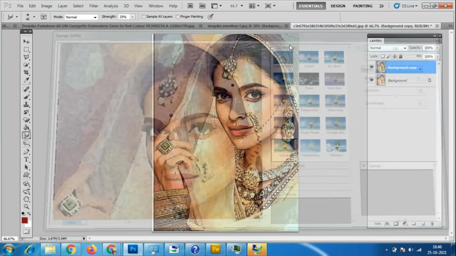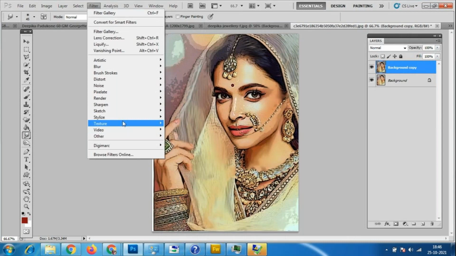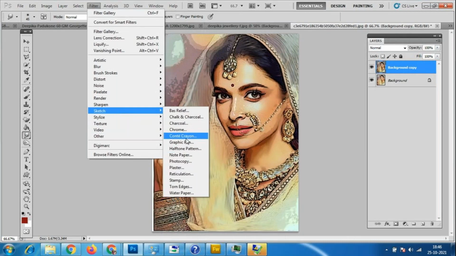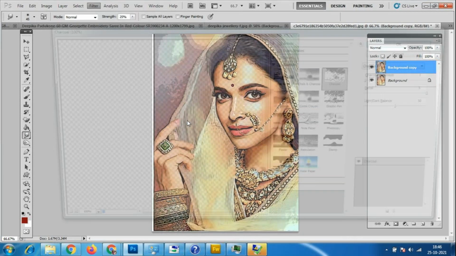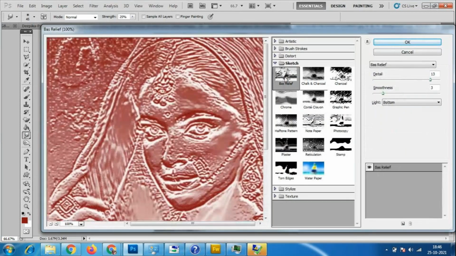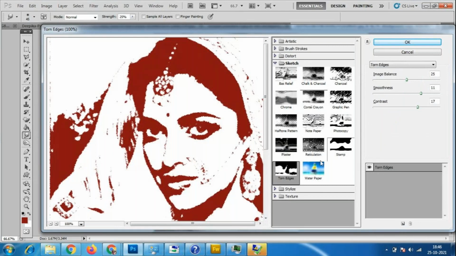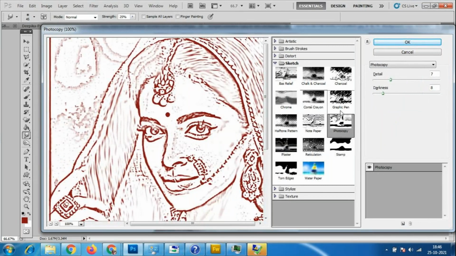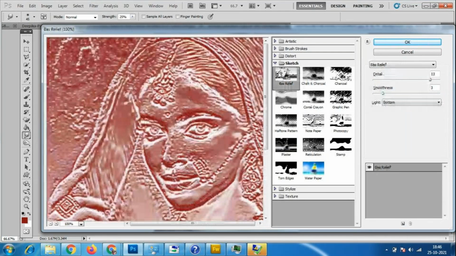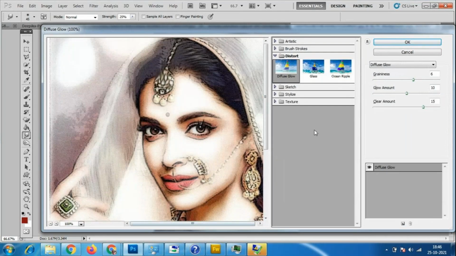I'll go to filter and sketch. We have multiple options there. This kind of sketch effects we have, and any of the effects we can use. So we can take this kind of effects, and we can use the smudge tool also.